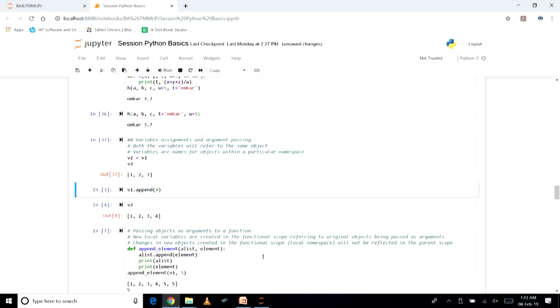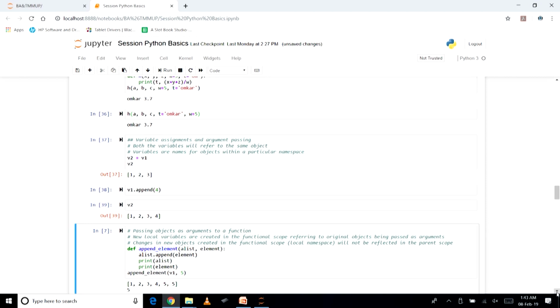Now if you want to test this particular aspect again, this is another way. We can append another element in this list. So we do v1.append, and we are adding an element with value 4. Let us run this, and instead of printing v1 we are printing v2 here. You can see 1, 2, 3, 4. The value which was appended with v1 is also part of v2, because both of them are referring to the same object.